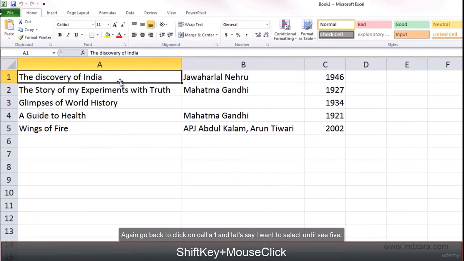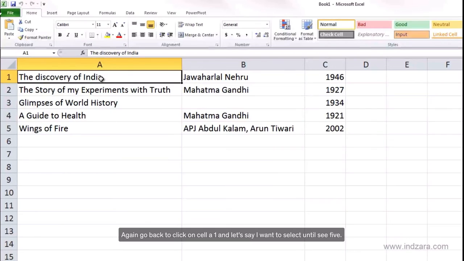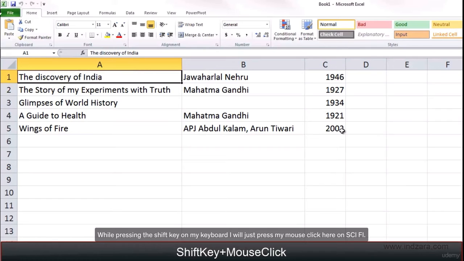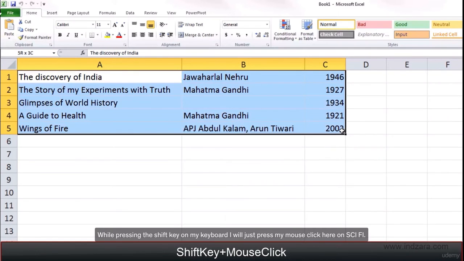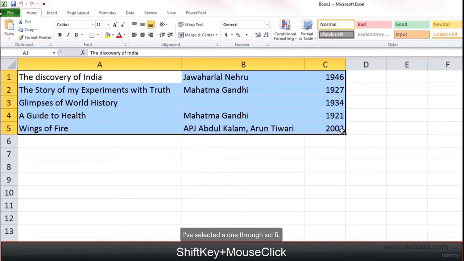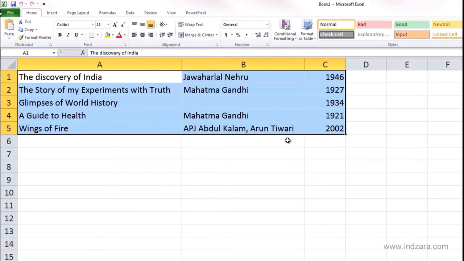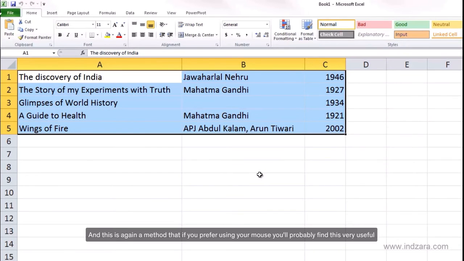Again, go back to click on cell A1 and let's say I want to select until C5. All I have to do is, while pressing the Shift key on my keyboard, I will just press my mouse click here on C5. I've selected A1 through C5, all the cells. And this is again a method that if you prefer using your mouse, you'll probably find this very useful and